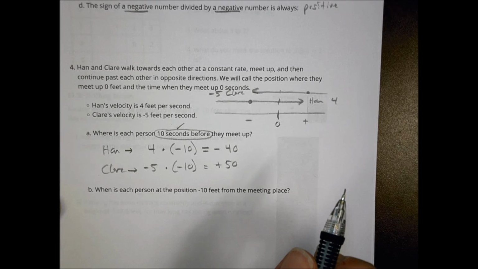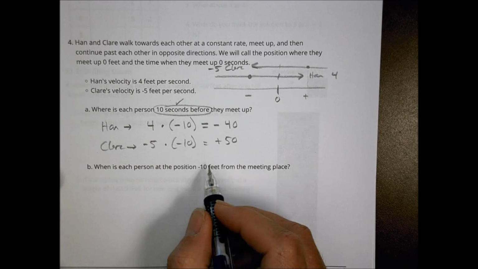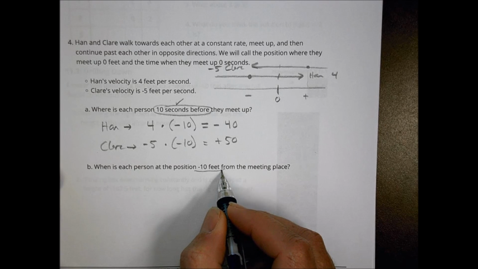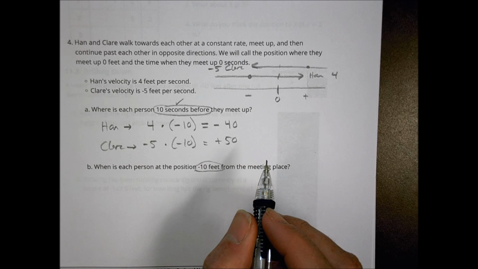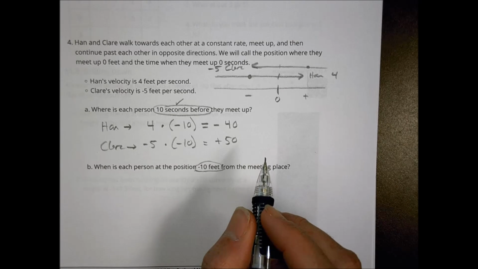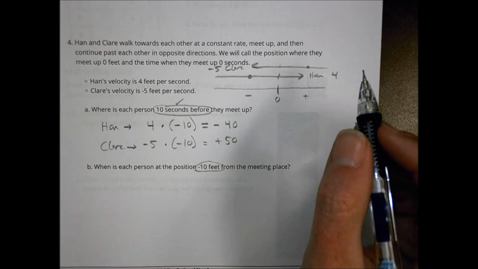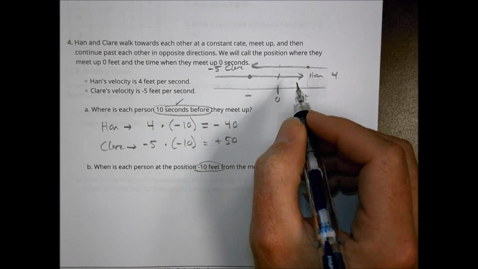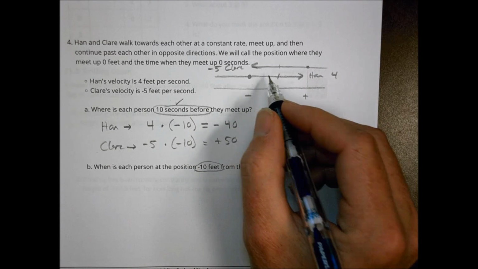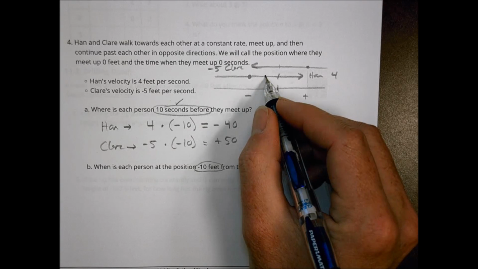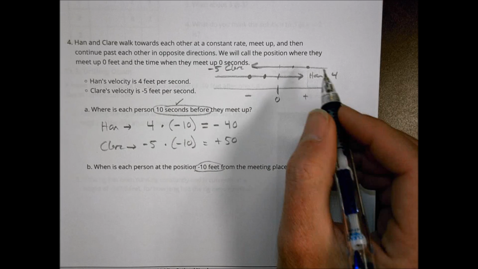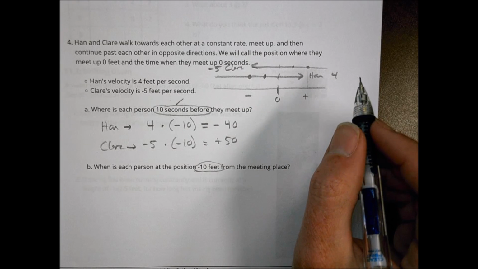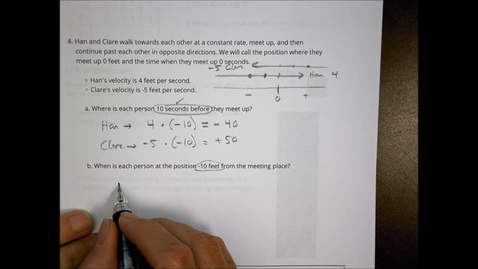So the question then becomes, when is each person at the position -10 feet from the meeting place? When is each person at -10 feet from the meeting place? Okay, so in this case here, we're looking at when will Han be about here? And then when will Claire be about there, about 10 feet away from where they're going to meet? So for Han,